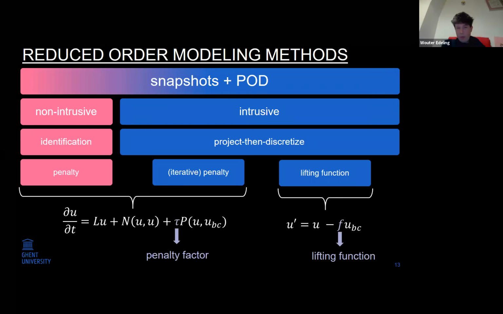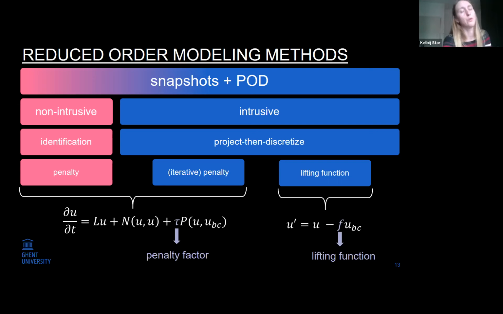If you have simple boundary conditions, like using 0 everywhere on the domain, isn't that contained in your modes already, in your POD modes? No. Okay. So if the boundary is 0 everywhere,